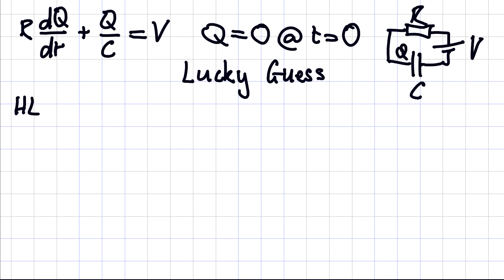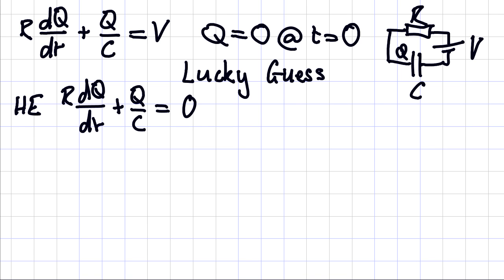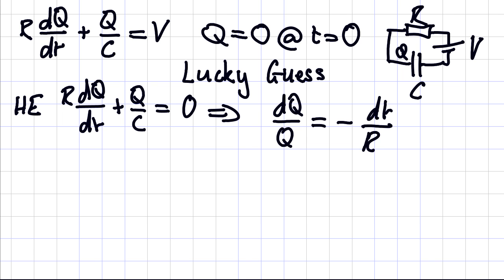and the homogeneous equation is R dQ/dt plus Q over C equals 0. This is a separable equation. We have that dQ over Q is minus dt over RC. We integrate each side,